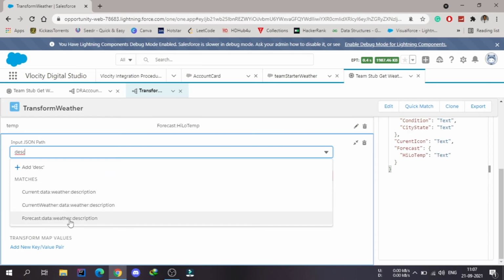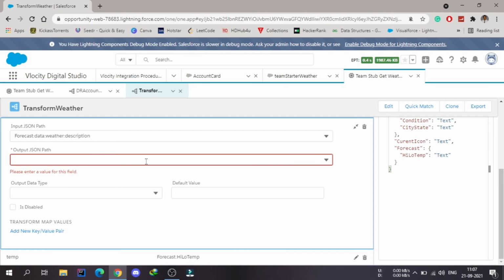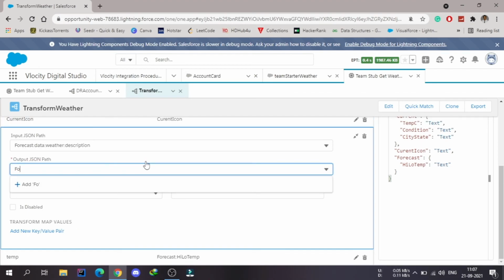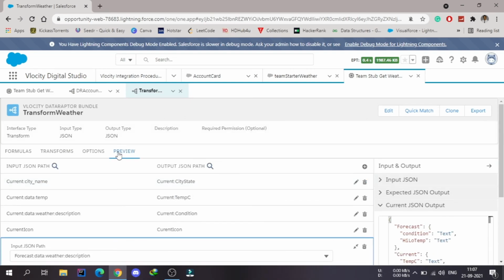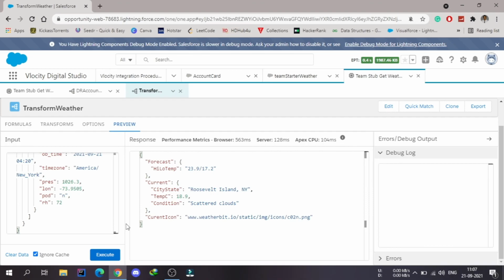So this is the forecast data weather description, and in the output JSON I will use the forecast, and then inside this I will be using the condition. So after adding this, there will be multiple conditions. Okay, so this will be changed to the list automatically.